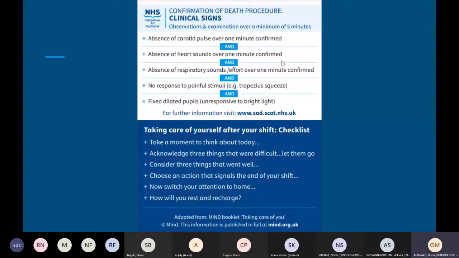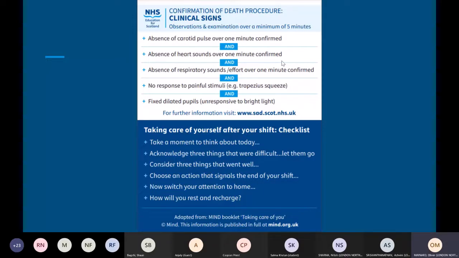So there's no specific amount of time that you're supposed to listen to heart and chest sounds for. The recommendation is at least 2 minutes. Some say at least 5 minutes. I will get out my phone and actually get a timer on to make sure I do the 2 minutes, because it can feel like a long time when you're listening to nothing. It feels like a very long time and you're not quite sure how much has passed, especially when it's in the middle of a night shift and you've just woken up.